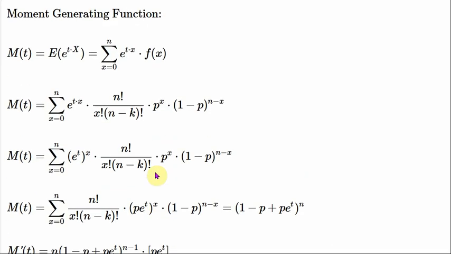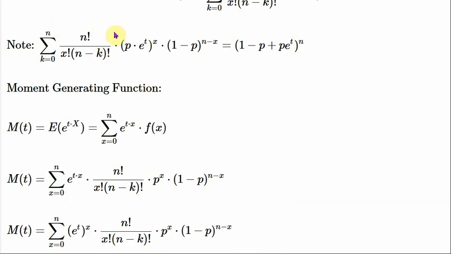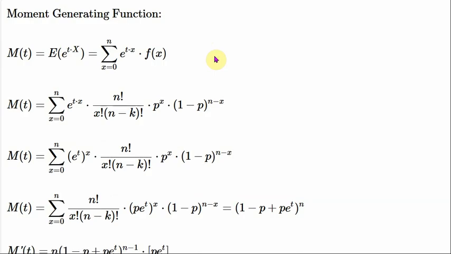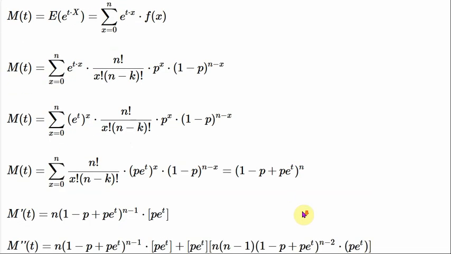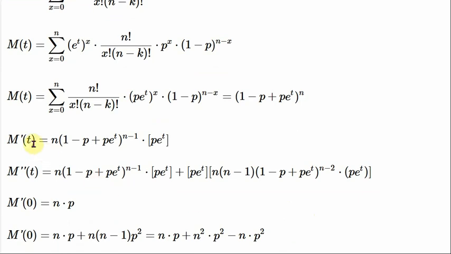And then now this sum right here, it looks like this. And so from the binomial expansion, we're going to get 1 minus p plus p e to the t, to the n. And then I'll take the first derivative, and then take the second derivative,